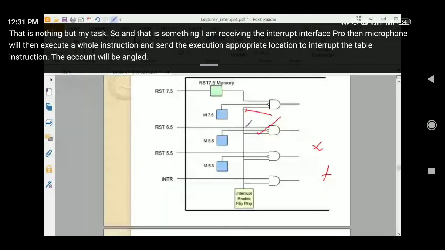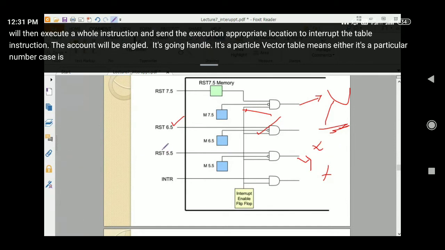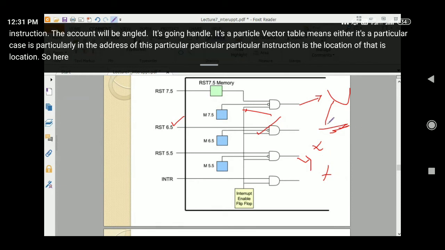The vector table contains the address of that particular instruction's location, for RST 5.5 and so on.